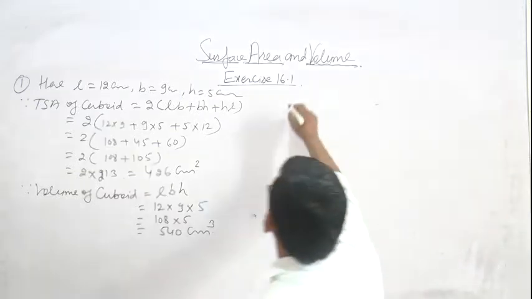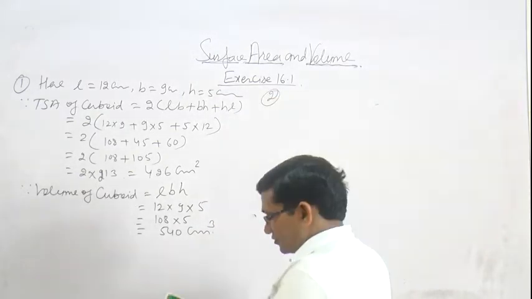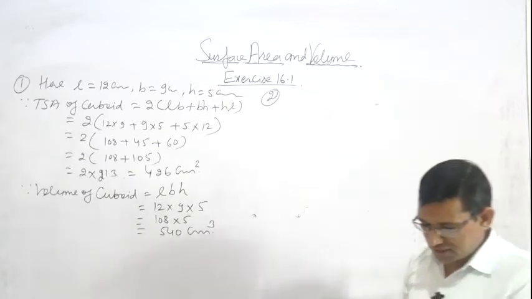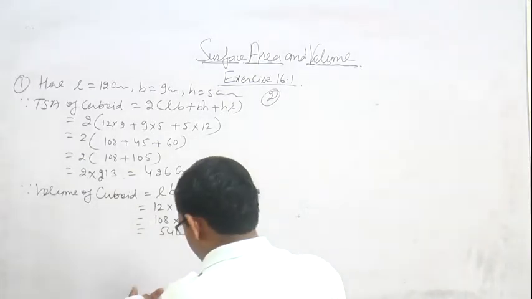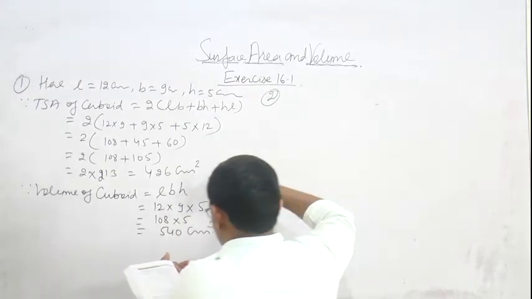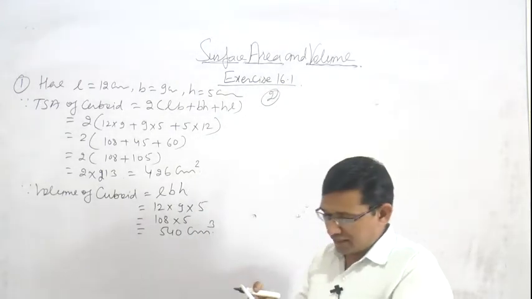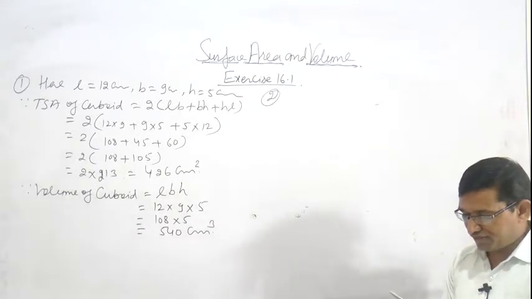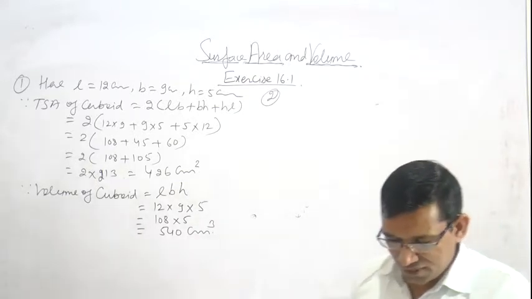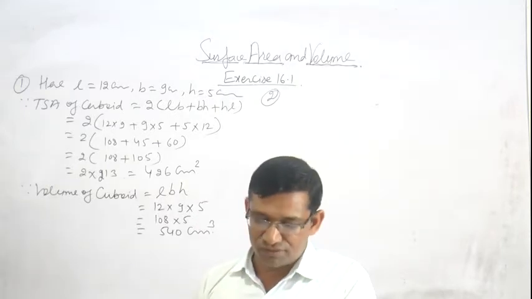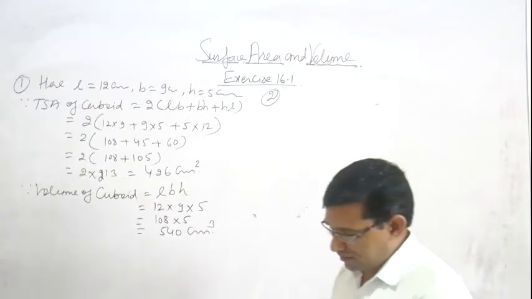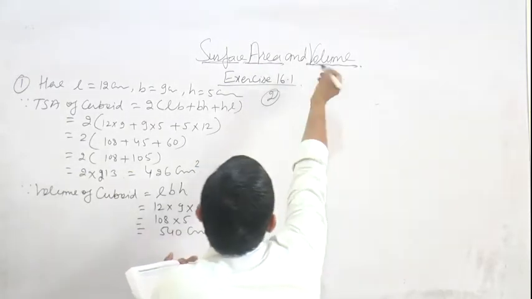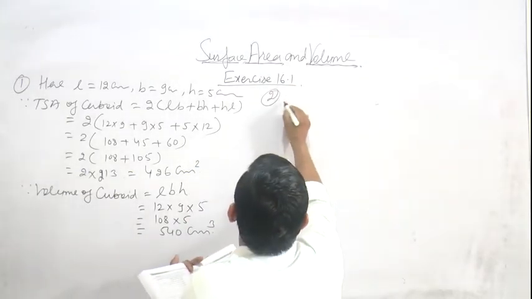Now question number 2. Question number 2: the edges of 3 cubes are 8 centimeter, 6 centimeter and 1 centimeter. After melting these cubes, a new cube is formed. Find the total surface area of the new cube. Okay, in this question 3 cubes have edges 8 centimeter, 6 centimeter and 1 centimeter. So volume of